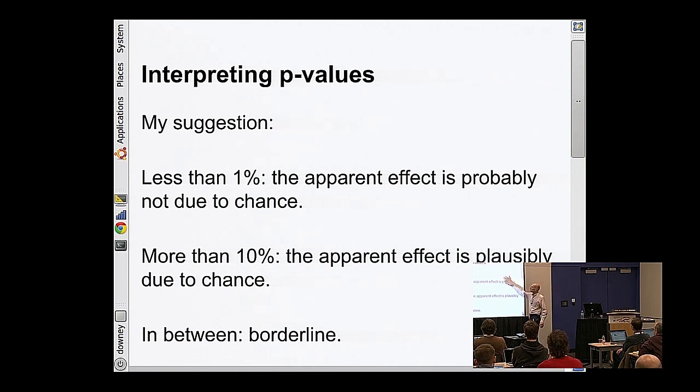If the order of magnitude is small, then it is unlikely that the effect you're observing is due to chance. And you can infer that it is likely to be in the population and likely to be in another sample from the same population. If it's more than 10%, you can say, look, actually, the random chance thing is quite plausible. And so you probably shouldn't bet anything significant on the outcome of a future experiment. I think anything between 1% and 10% is, to me, an inconclusive result. You just don't know whether it's likely to occur in the population or not.